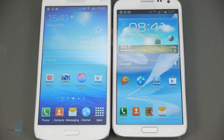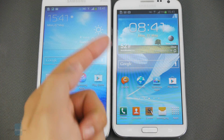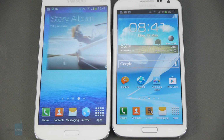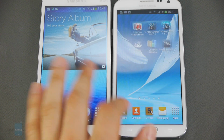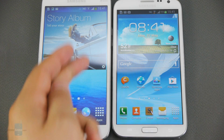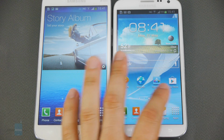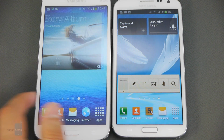You don't really need a trained eye to notice that the Samsung Galaxy Note 2 has the better display. It may be smaller at 5.5 inches versus 5.8 for the Galaxy Mega, but a difference like this is negligible. What truly makes this Super AMOLED display stand out is the resolution. It has a resolution of 720 by 1280 pixels versus only 540 by 960 pixels for the Galaxy Mega 5.8. That's why everything looks much better on the Samsung Galaxy Note 2, from videos, photos and games to pages of